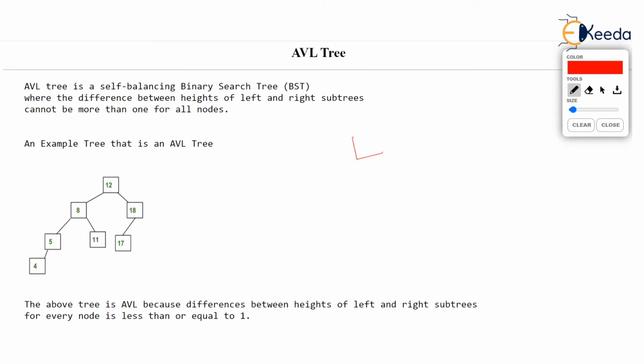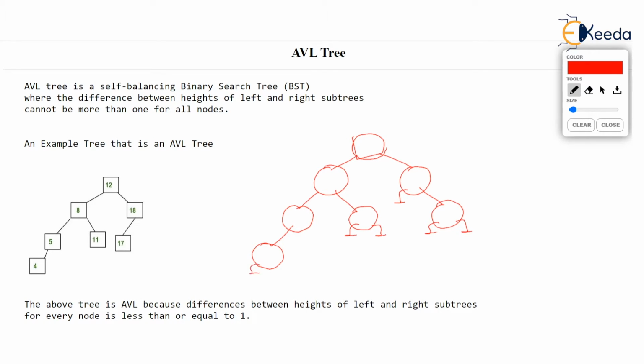I'm drawing some arbitrary tree now. Let's say that we have a tree like this. Okay, now is this tree balanced? Nothing complicated in this. If we patiently check every node from the bottom and then go upwards and check whether every node is following the rule, that is, the rule is absolute value of HL minus HR should be less than or